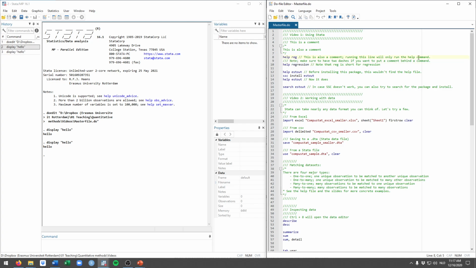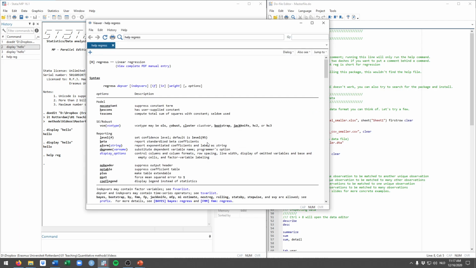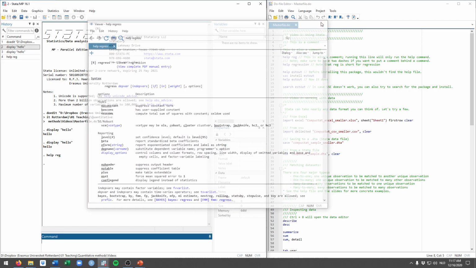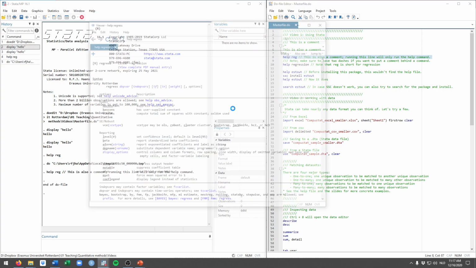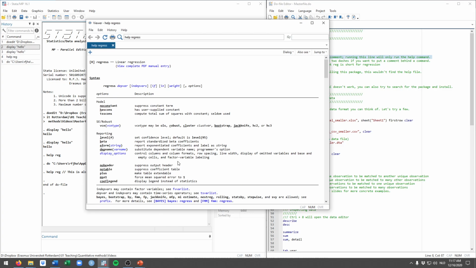If I want to see information about this command, I can type help reg in the bottom here, and that would lead me to this help file. And I can also run this from the do file. If I select this line here, I can either press this execute button, which will run the code, or I can press Ctrl D on Windows to run a line that I selected. If I do that here, again, it would run the same command and bring me to the help file.